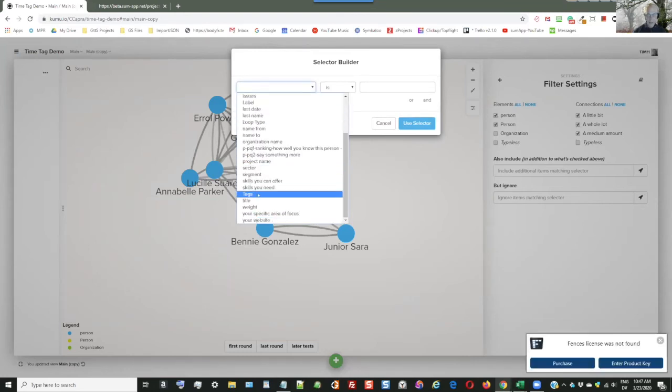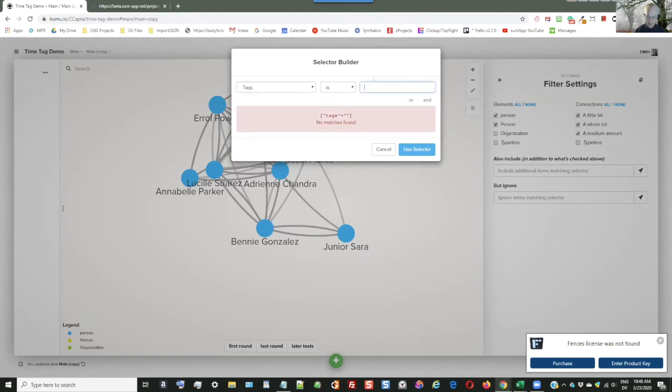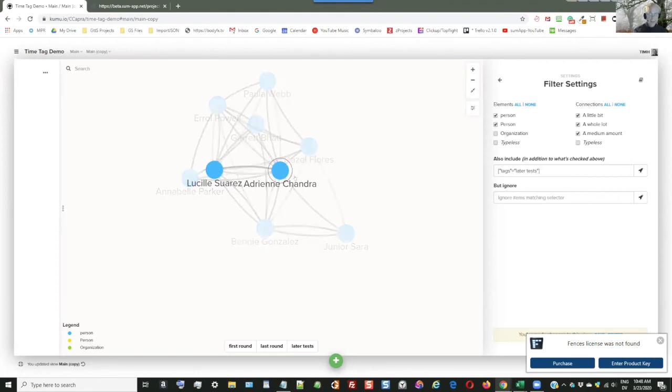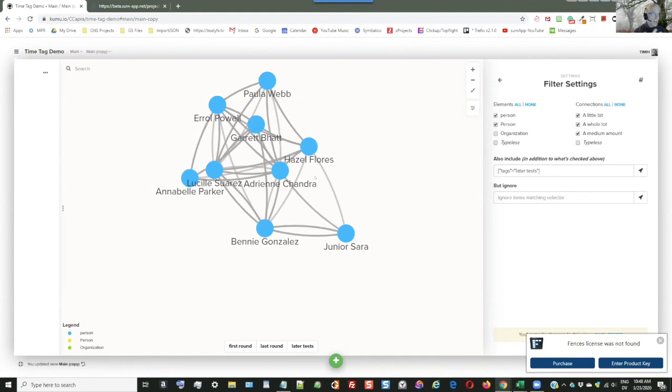again, find tags. And you find your last tag, because the last tag will have everybody. You click that and you save it. Now you'll only have the connections for that last time frame. This way you removed all the extra connection data, which will only bog the view down and confuse everything. Does that make sense? I hope. Yeah, that's kind of an important thing to do.